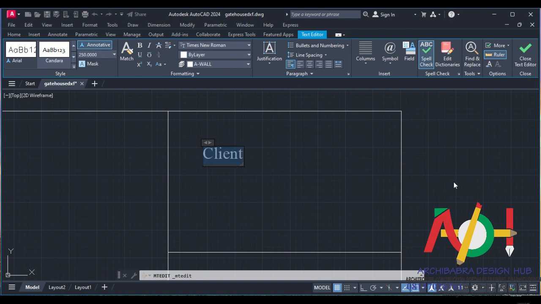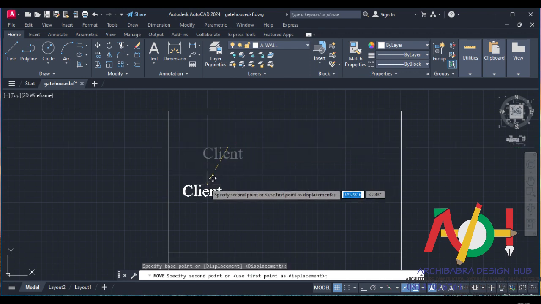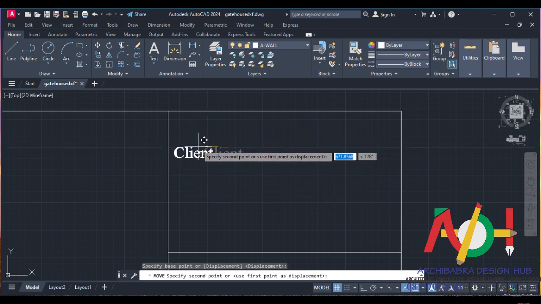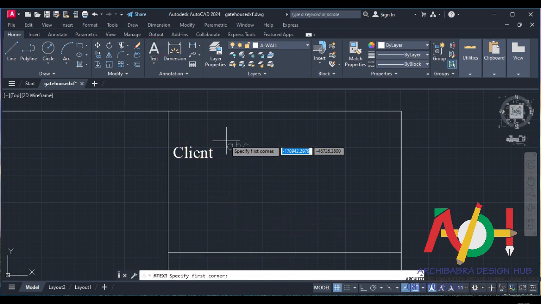You can see, so this is fixed, so I can now decide to place it. Probably maybe I want to place it here, or anywhere you want to place, you can place it anywhere. Let's say I'm just placing it here, and then you pick your text again, and then after doing that, double